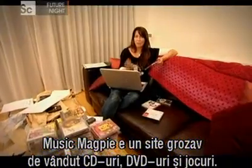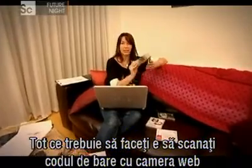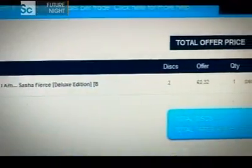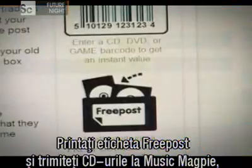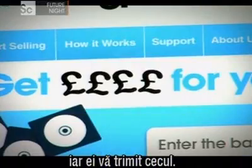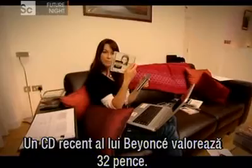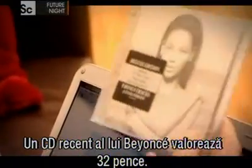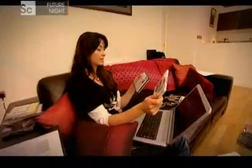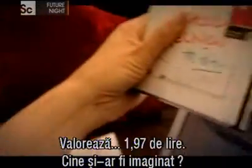Music Magpie is a great site for selling your CDs, your DVDs and your games, because all you have to do is scan the barcode on your webcam and it gives you an instant price. 30p. You then print off the free post label and post them to Music Magpie, and they'll send you a cheque. Do you know what's weird about this? A recent Beyonce CD, right, worth 32 pence. School Reunion, The Party, never heard of it, worth